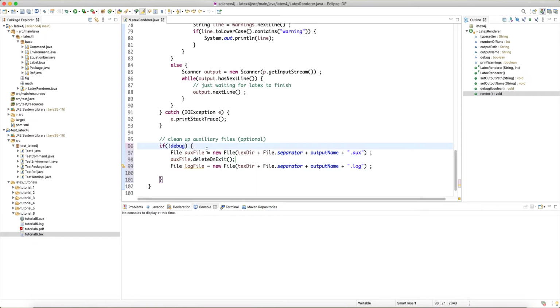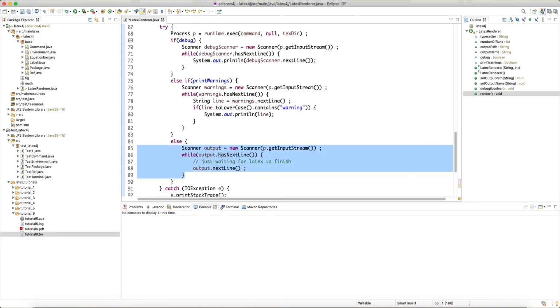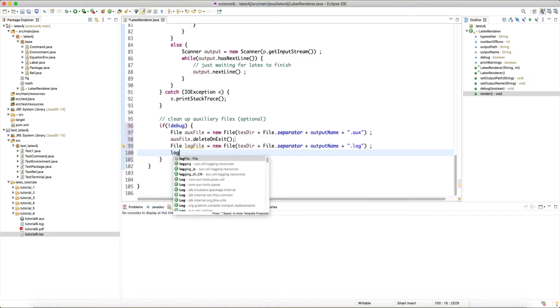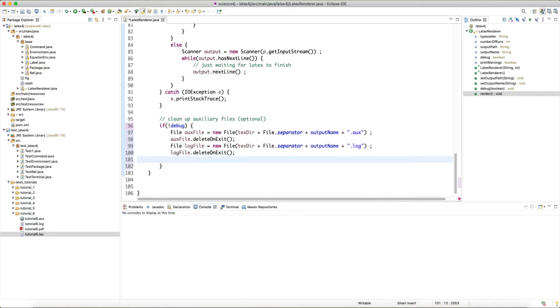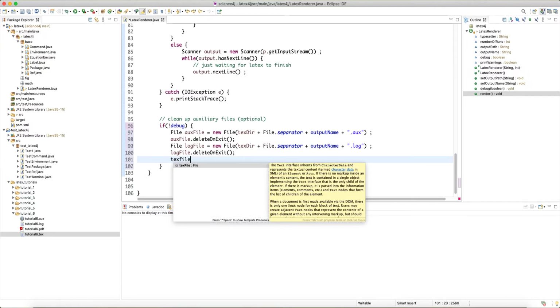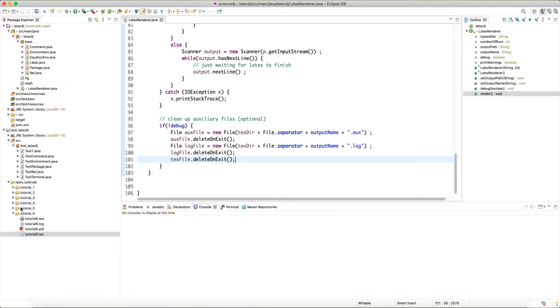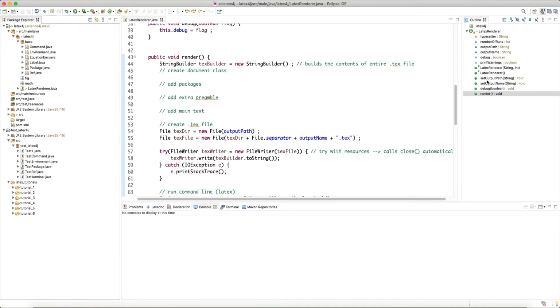Because when we get to this point, we have already waited for the PDF LaTeX to finish off, right? Because we've iterated through all the outputs, and this is safe to delete. So log file dot delete on exit, and we want to also delete the tex file delete on exit. All right, so we clean up the folder, we only keep a PDF file at the end. So let's go ahead and try to test this. So what I'm going to do here is